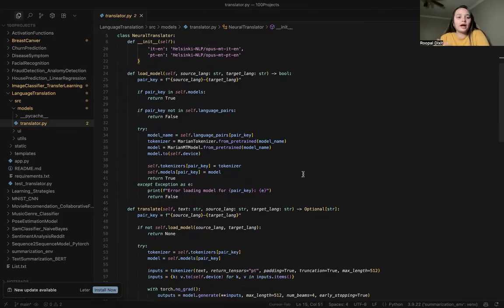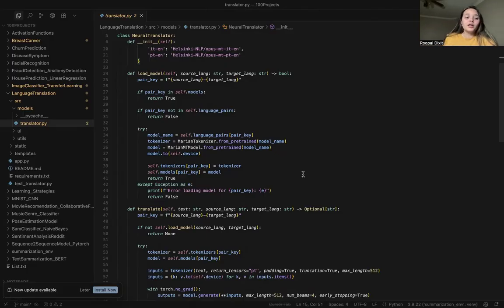We need to understand how loading the model works. The main purpose of this function is that it loads the MarianMT model and tokenizers for a given language pair, like if we are working on English to Spanish, English to Portuguese or Italian. It will check if the model is already loaded, if the key pair exists in the dictionary or not, and verify if the language pair is supported by our app or not. If I'm not providing a pair like Portuguese to Japanese, that also needs to be verified.